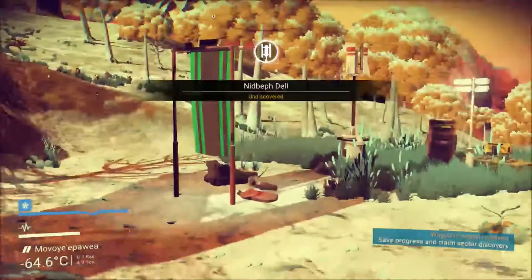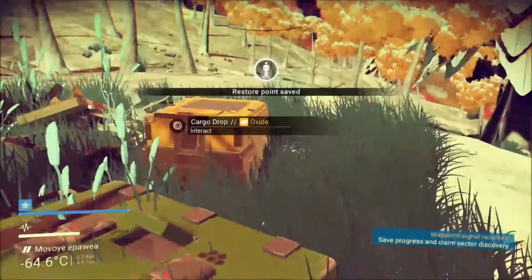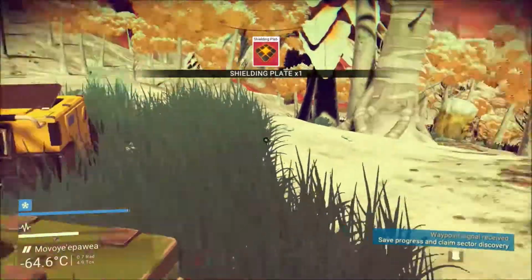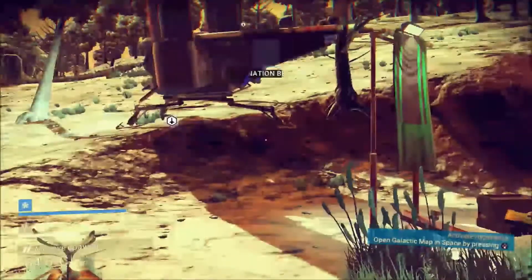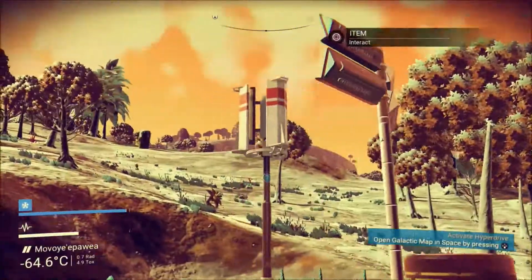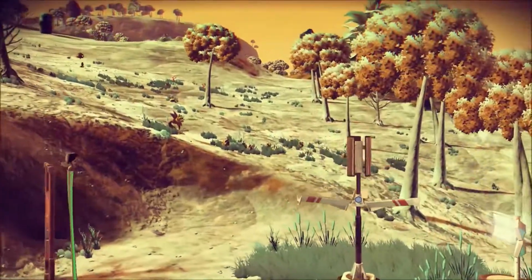So what have we found now? We've found... It's just a drop by the looks of it, a cargo pod. We've got a shielding plate. Cargo drop. Got a fascination bead. And that looks to be all by the looks of it. So we can save this location now on the map as well. And I think we are...